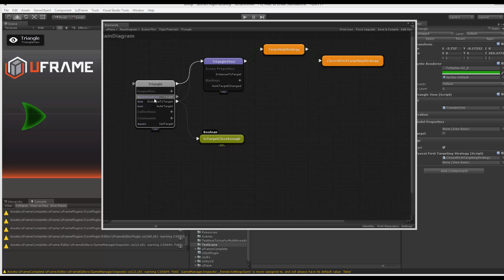It has two regular properties called target of type square and AutoTarget of type Boolean. It also has a scene property called DistanceToTarget and a computed property called isTargetCloseEnough. Finally, it has a command called setTarget, which brings a square as a parameter. On my view, I also got this binding called AutoTargetChanged and a few view components, which I will explain in